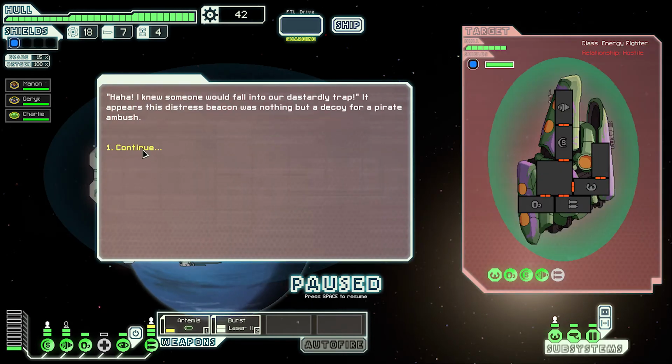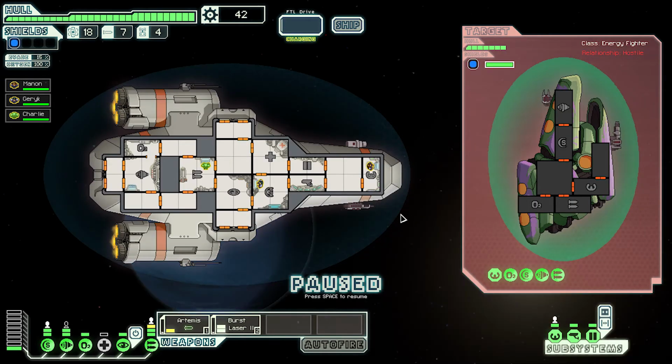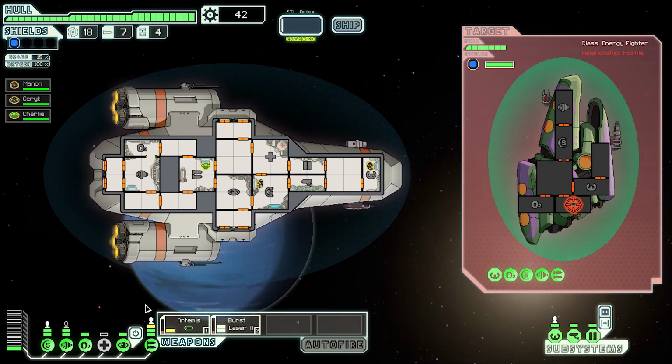Oh god, an energy fighter. Alright, so this time we don't have the option of running away. But its shield isn't as large, and neither is its hull, so it's not as strong as that other energy fighter we came across. Let's send our laser right at its weapon system. I don't know if this is going to penetrate the green shield or not, but